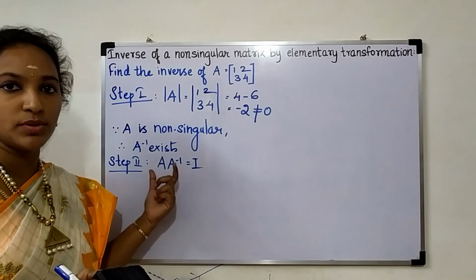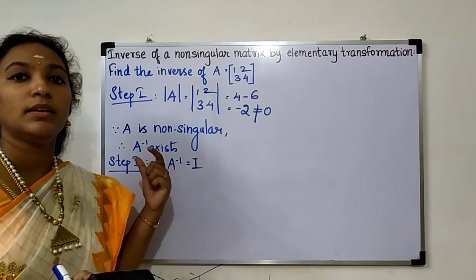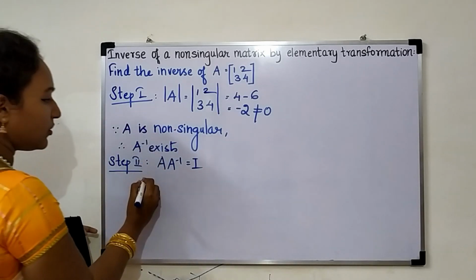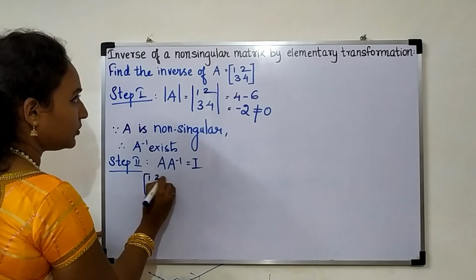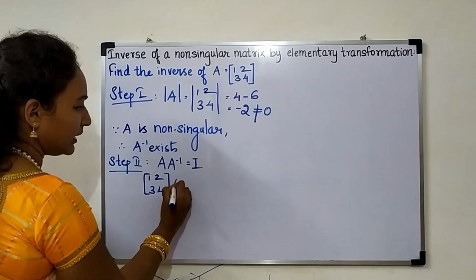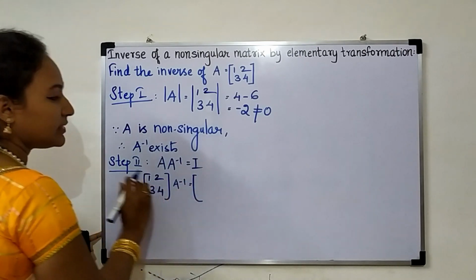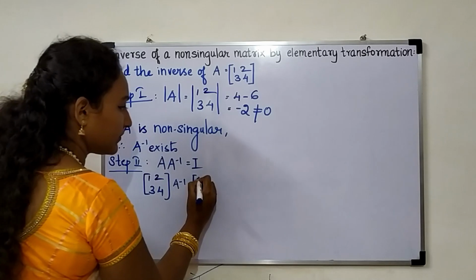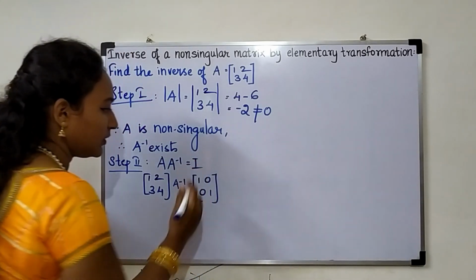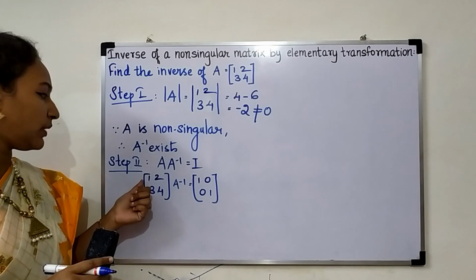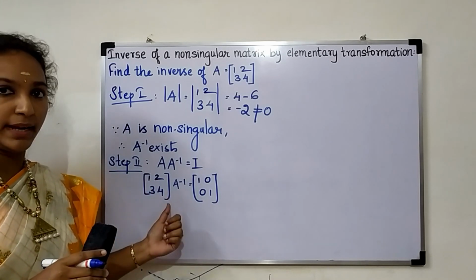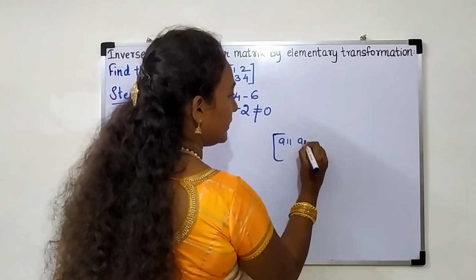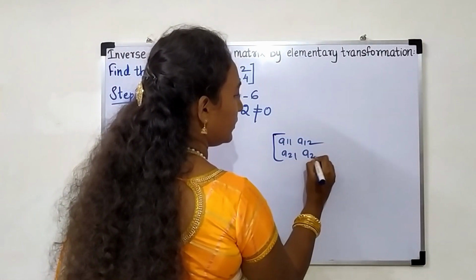We are going to use this equation in this problem and we will be applying row transformation, which is quite easy. Okay, now copy A over here, that is 1, 2, 3, 4, and A inverse as it is. Since this is of order 2, we will be writing an identity matrix of order 2, that is 1, 0, 0, 1. So this is equivalent to A11, A12, A21, A22. Okay, something of this form: A11, A12, A21, A22.